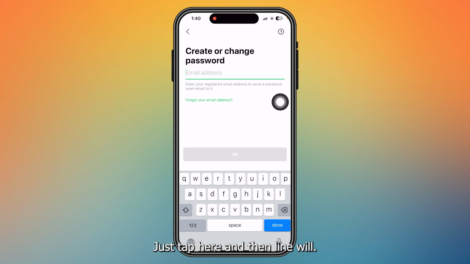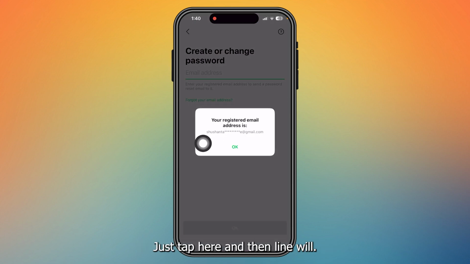However, if you are someone who has forgotten your email address, there is only a last hope for you guys. Just tap here, and then Line will show your email address like this. It will show you the first letters and then the last letters, and @gmail.com. So if you somehow remember your email address from this code,